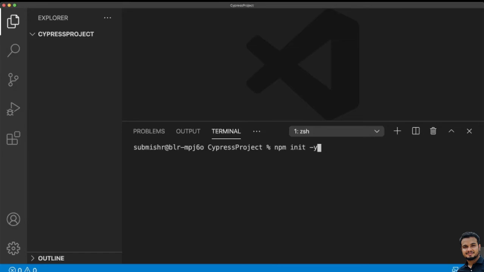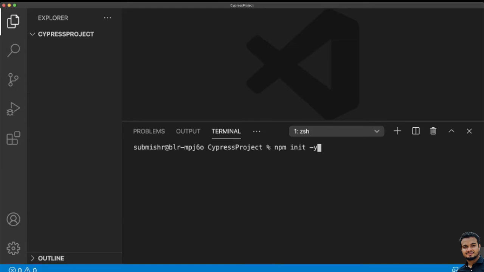This package.json file is a JSON file that exists at the root of your JavaScript or Node project. It holds metadata relevant to the project and it is used for managing the project dependencies, scripts, versions and a lot more. If you want to create the package.json file manually, you need to run a command like npm init. You don't have to give that -y. It will ask you a bunch of questions which are not compulsory. Just hit enter to complete those things. Again, you can change it later.